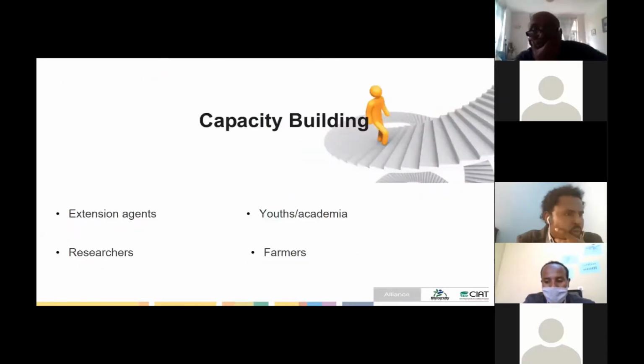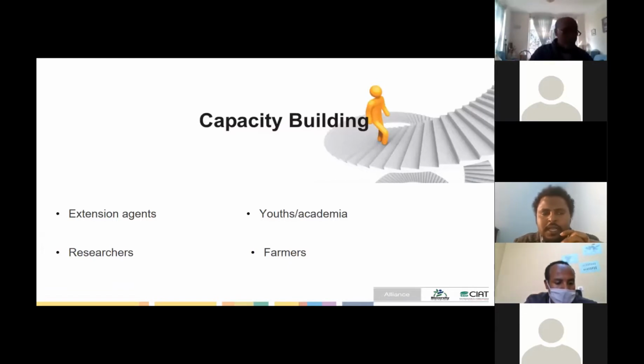So once we have all these components running, and once we have a minimum prototype for each component, we should sit together with researchers to discuss and to get wider acceptance in terms of adoption. And also we should have capacity building with the extension service, extension agents of farmers.